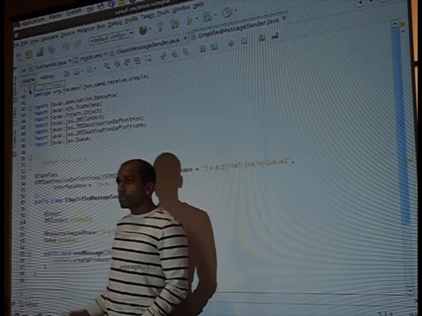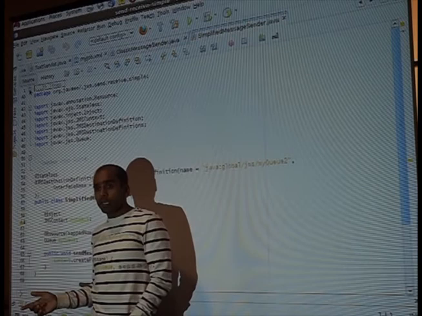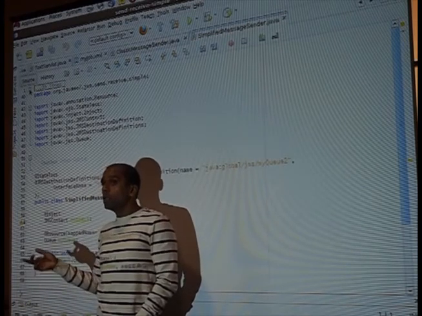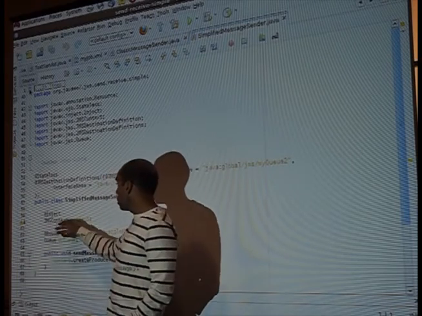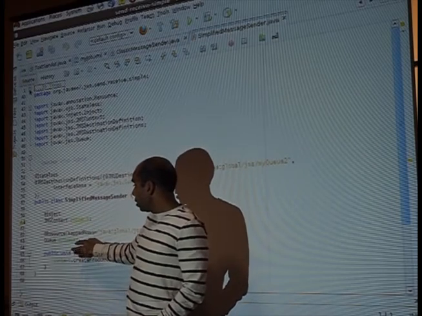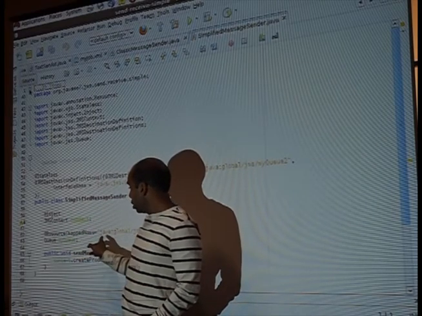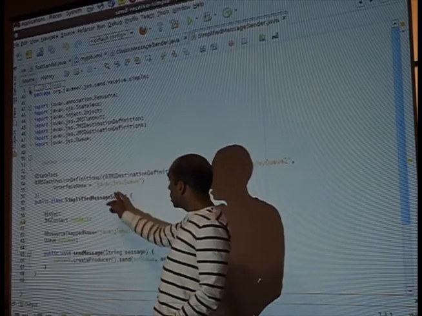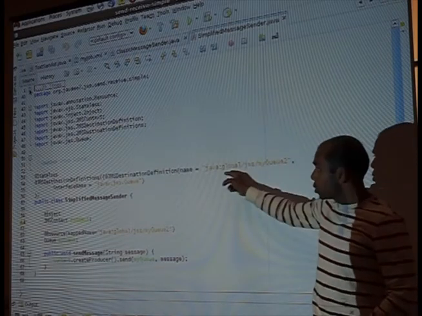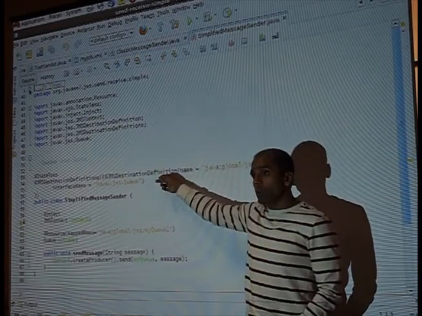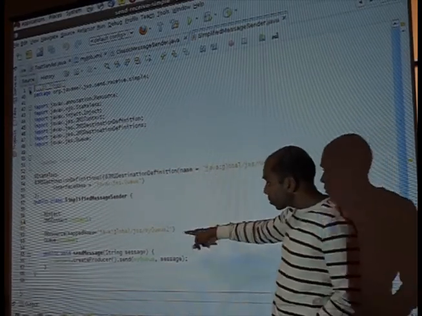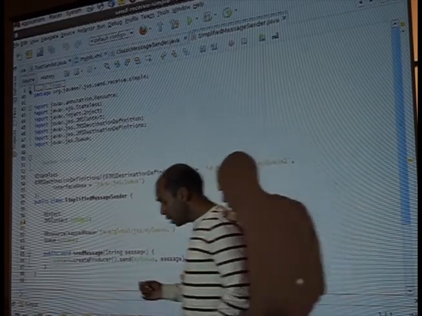If I don't specify a connection factory, it uses a default connection factory. That is a requirement per the Java EE 7 runtime. So if you are a Java EE 7 compliant container, you have to have a default JMS connection factory. And that's what is meant over here. Then you say, okay, inject a destination. This destination, by the way, is created during my deployment. Right here, on my POJO app, I specify a JMS destination definition annotation, which is automatically created during application deployment itself. So we inject the same destination here,